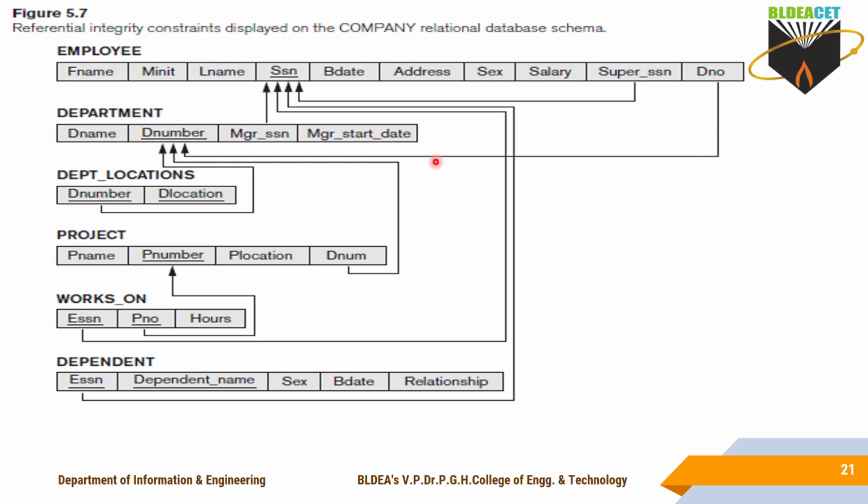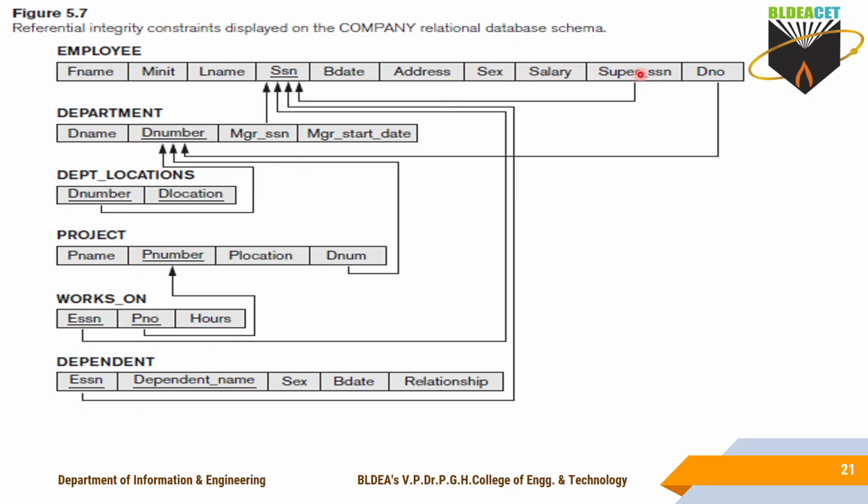It starts from the foreign key and must end at the primary key, and the arrow points towards the primary key here. Its meaning is very simple. D number is the foreign key and D number is the primary key here. And the attribute data type and data format of both attributes must be the same. For DNO and D number, the type of the data and data format must be the same. That is one more condition. And this table we call the dependent table. DNO is the foreign key. That's why the employee table is the dependent table and the department table is the parent table here.